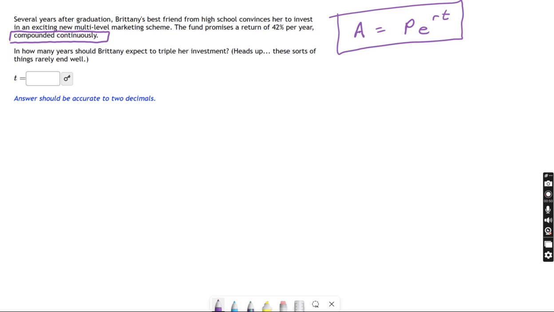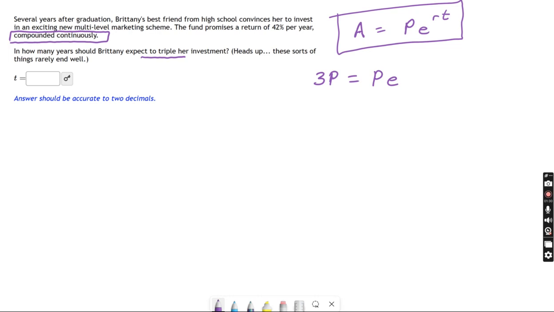This is extremely useful. So let's plug some numbers in and see where this leads us. What am I told? Sometimes people get weirded out by this problem because so little information is given. For instance, I don't know what P is. It's just some investment. If you want to use $100, go ahead. If you want to use $1 million, that's fine. The important part is we're told we're going to triple the investment. So whatever that P value is, you're going to get 3P at the end of a certain amount of time. That's why I don't even bother guessing what P is. It's going to be the same no matter what.